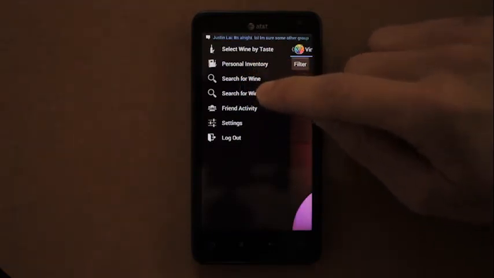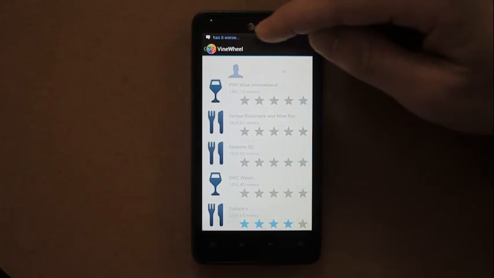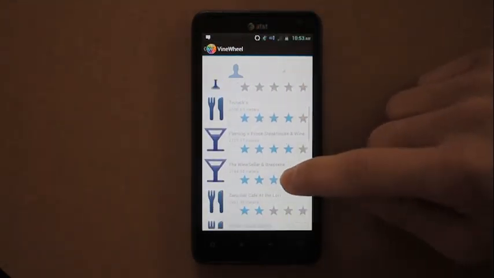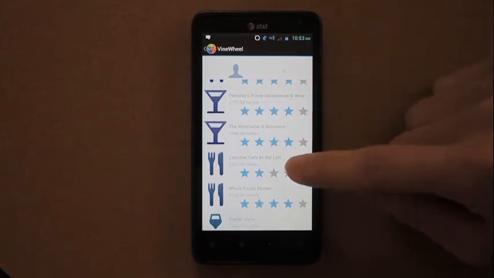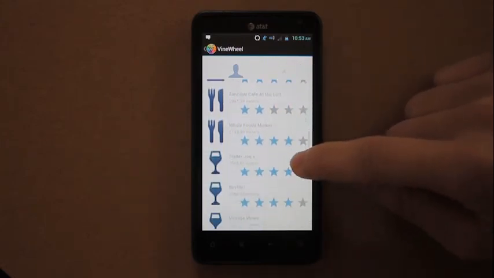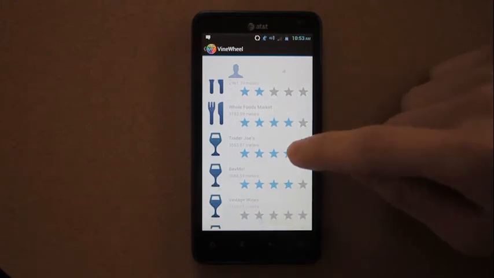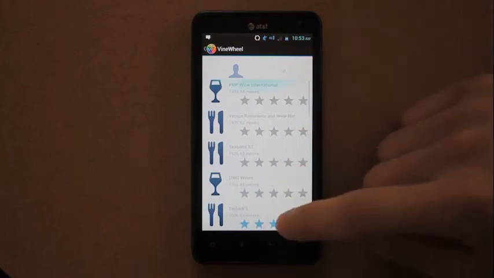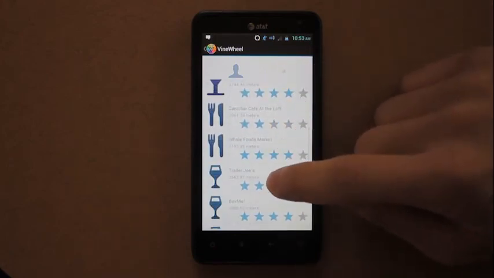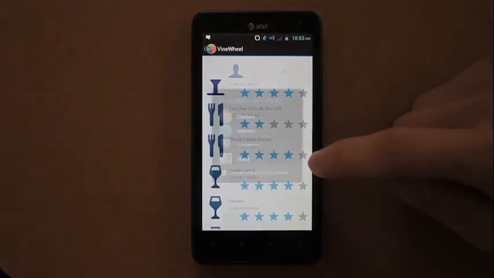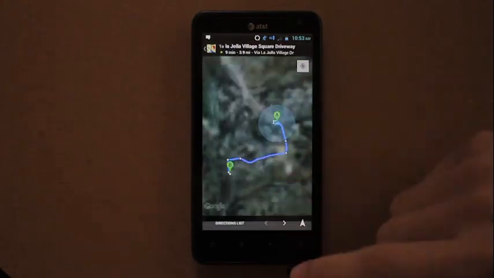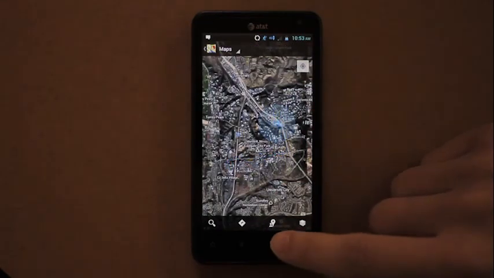Let's say that I want to search for a wine place. Around here we have all these different places where we can find wines. We can drink wine at Fleming's. There's Zanzibar. They have good beer and wine there. Whole Foods, Trader Joe's. Get a $2 check there. All these have different ratings as well. Let's say I want to click for directions to Trader Joe's. Yes. And it'll take me to Google Maps. All right, there it is. And if we go back to our app,